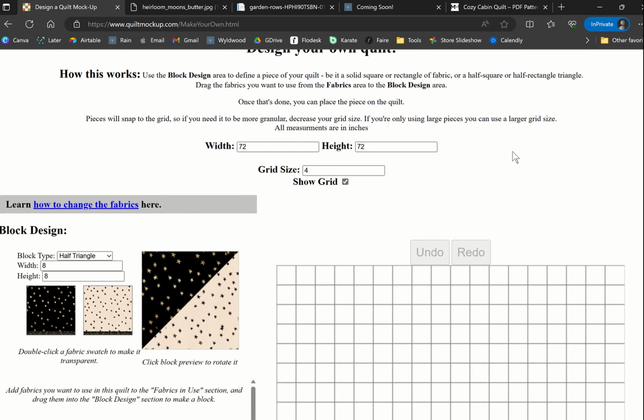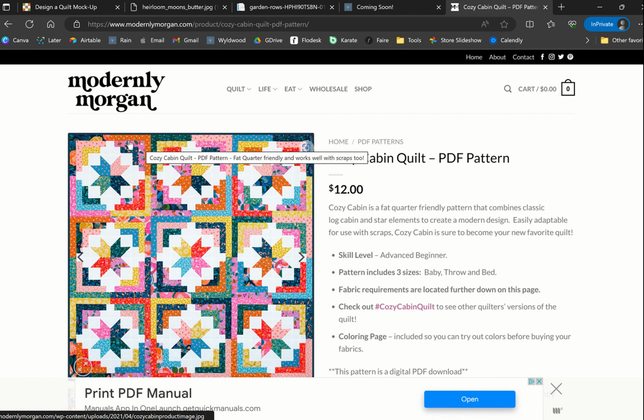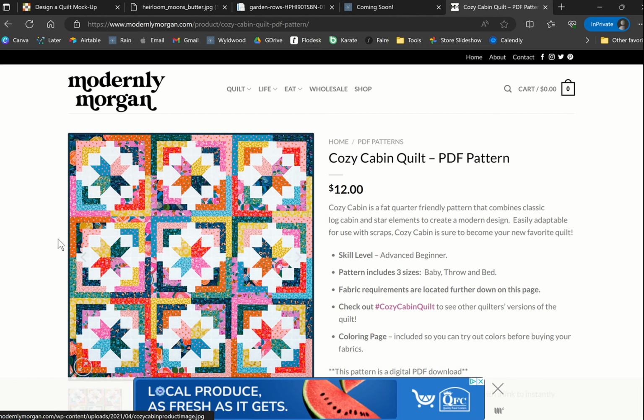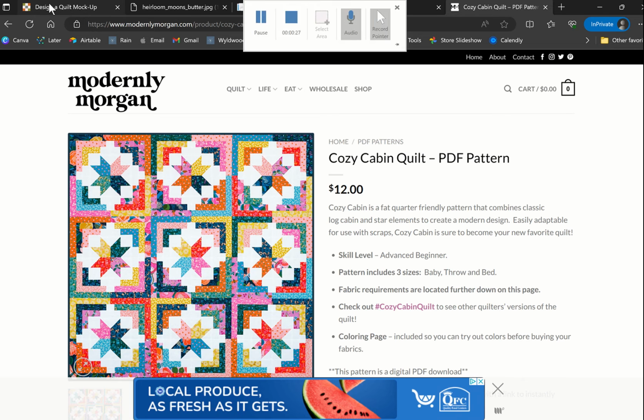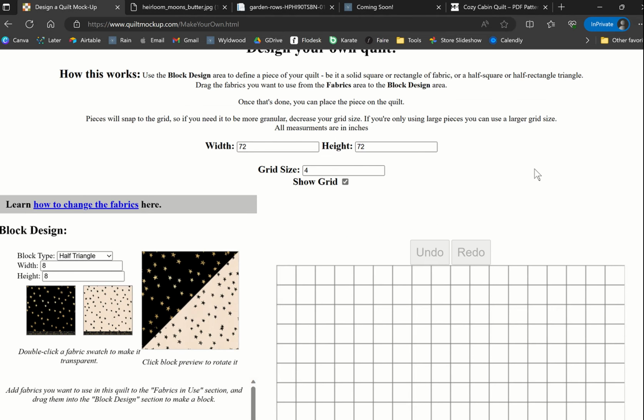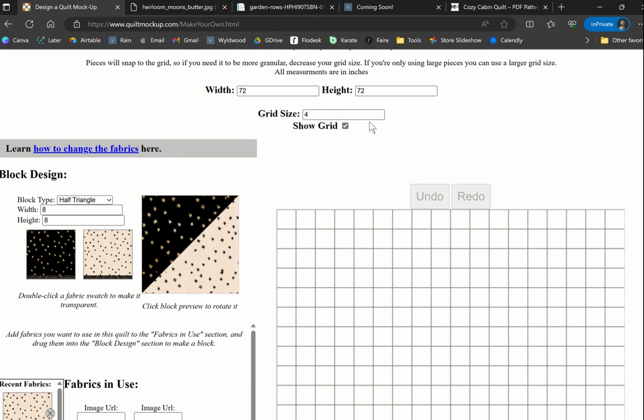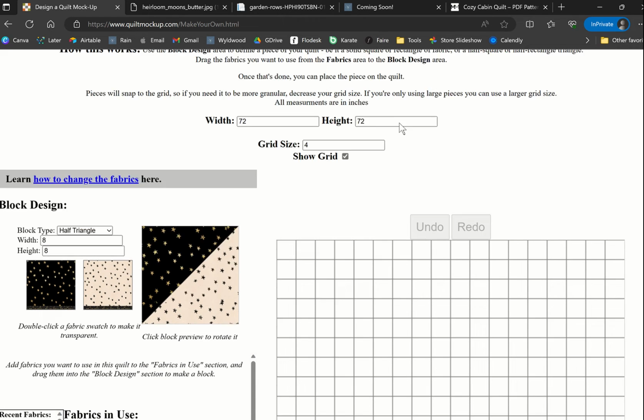I am making, in real life, I am halfway through a cozy cabin quilt, one of these guys, and I'm stalled because I have a bunch of these centers of the blocks and I don't really know how I want to organize them on my quilt. Anyway, I've been stuck here for a while, so what I'm going to do is I'm going to use the